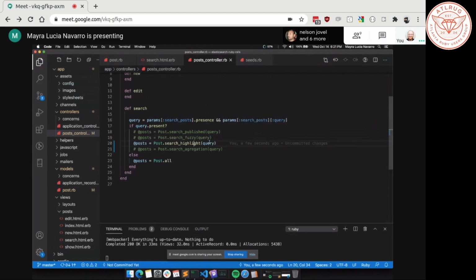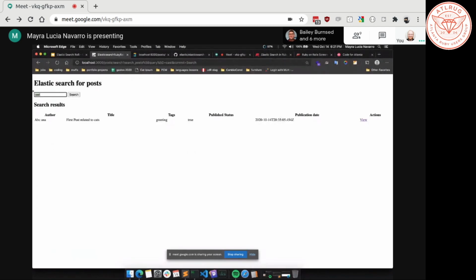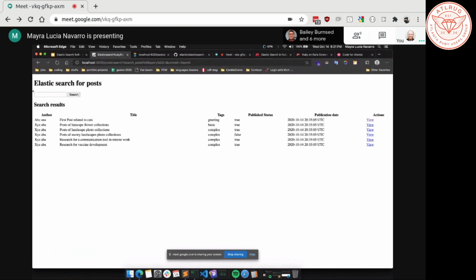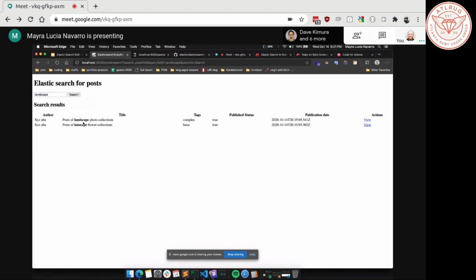So if we want to talk about what highlight does, we kind of write something like landscape. And we can see that everything that is written like this word is going to be bolder.